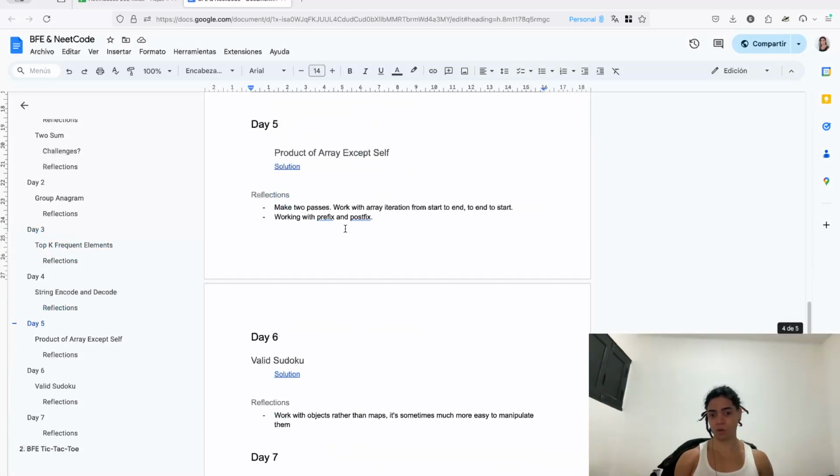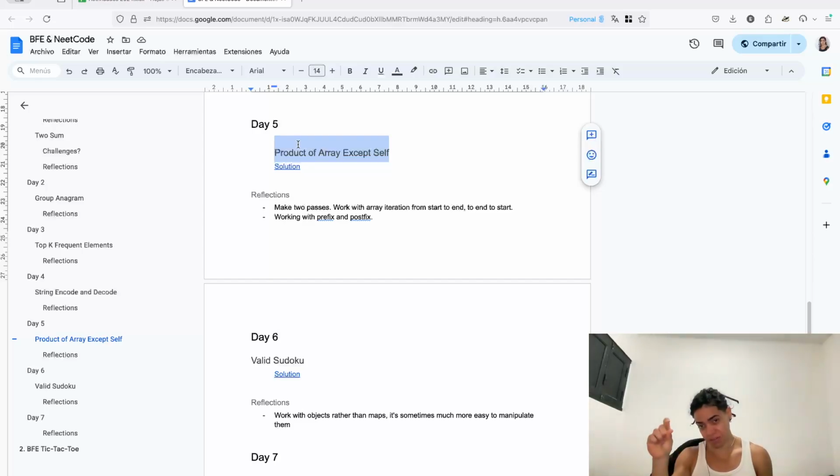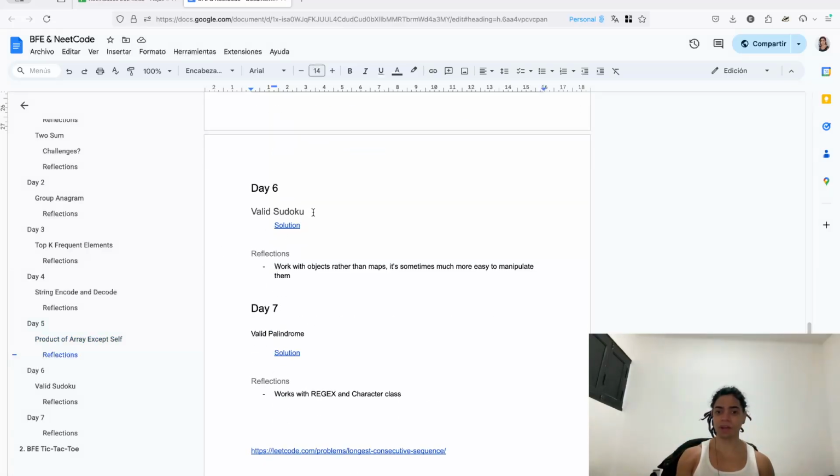This is now another quite interesting algorithm, the product of array except self, as a way to walk through all of these elements and calculate the prefix followed by the postfix, and similar to the valid Sudoku, as a way to now work with this representation. So how can you actually make this thing work